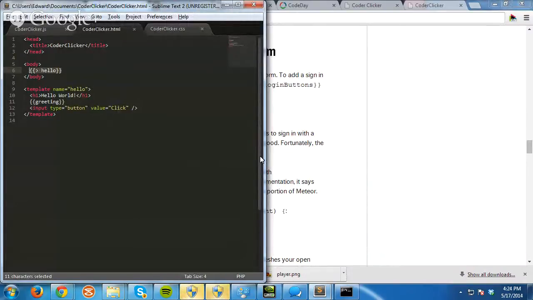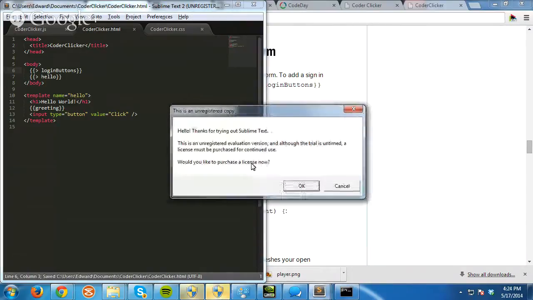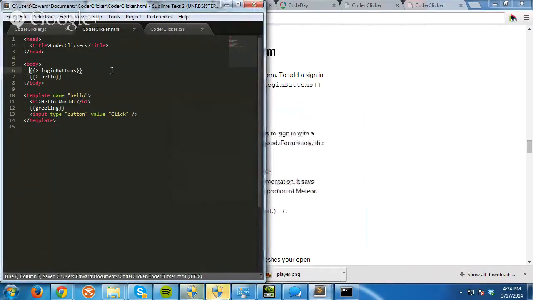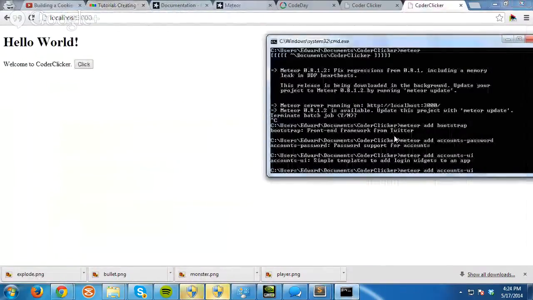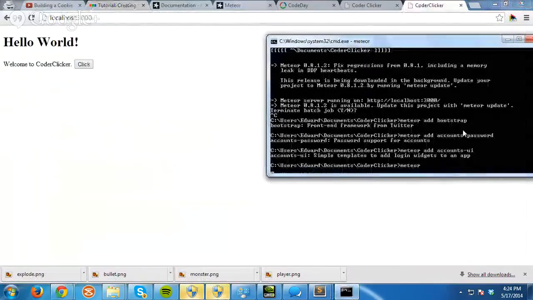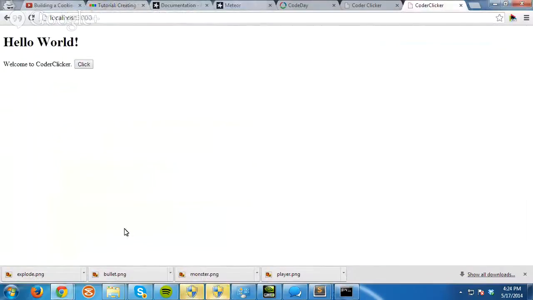So you can see this hello thing. What it's actually doing is inserting this template named hello into here. With the accounts-UI package, they created the login buttons, which is going to insert the login buttons into our page as well. So we're going to paste in the login buttons right ahead of the hello template. And if we start running the web application again by opening up Meteor in the command line, we refresh, you can see,